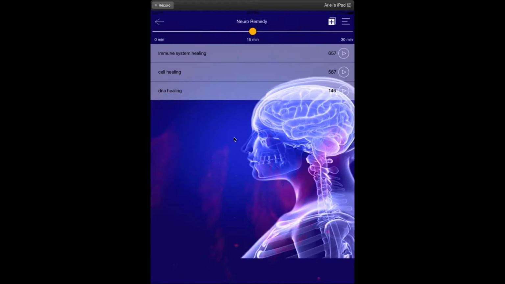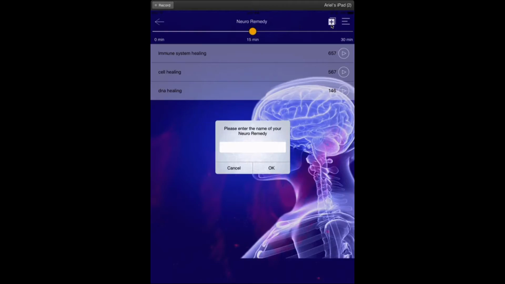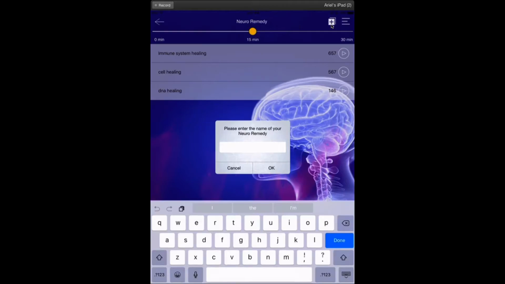So, to just give you a taste of that, in order to create a neuro remedy, you hit the plus button. The plus button will give you the opportunity to name a neuro remedy. I'll talk about what it is. Neuro remedy is an interesting name, it might have been neuro, I'm not sure. I always think about neuro being nervous system, but I think it has to do with the sound aspect of it. We certainly could get clarification from Ryan. So let me call this endocrine healing.